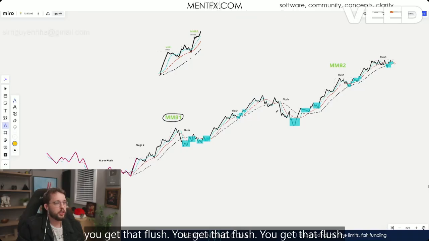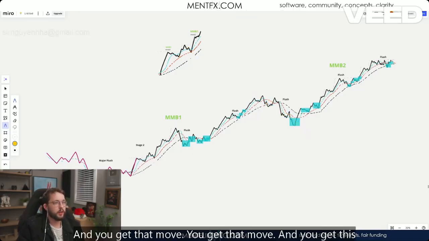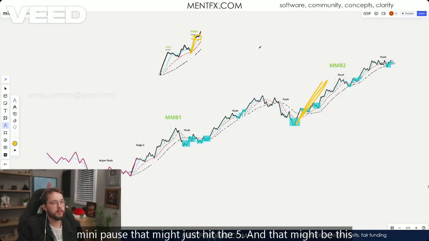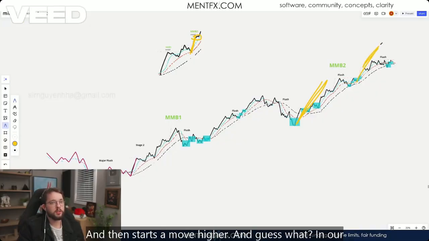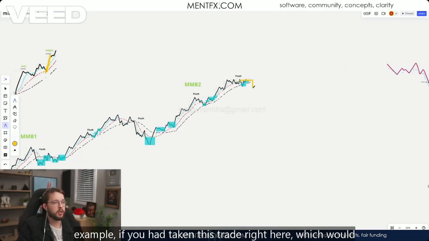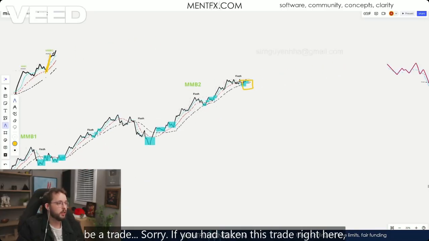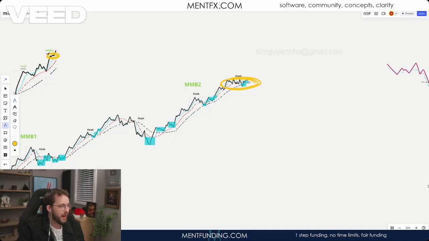And you get that flush, you get that flush, you get that flush, and you get that move, and you get this mini pause that might just hit the 5, and that might be this nice flush that provides new opportunity, and then starts to move higher. And guess what? In our example, if you had taken this trade right here, which would have been a trade right there,